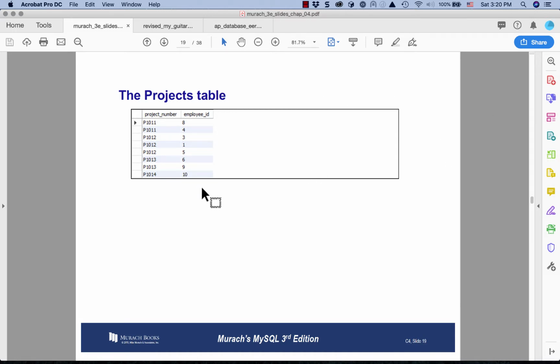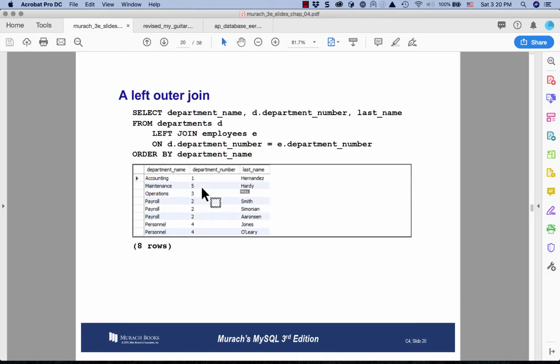Okay, so let's look at what we want to do. Here we're looking at departments left join employees. So we want to show all the departments and the employees that match. Okay, and we're showing a department number, last name. Interestingly, the only thing where we don't get a match is